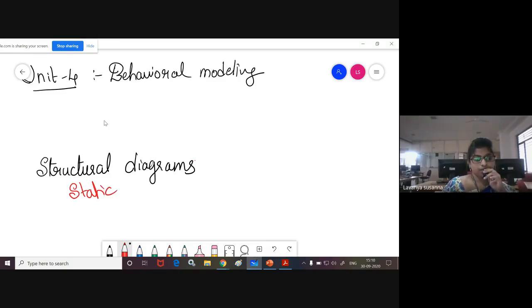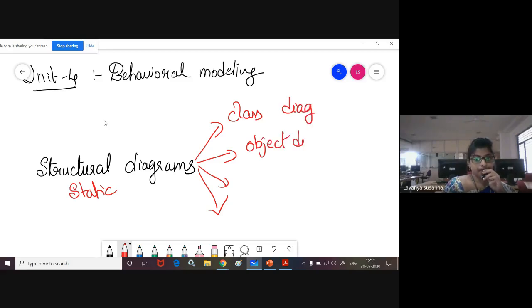Very good, Navya. Only class, object and deployment. Yesterday I discussed, right? Class diagram, object diagram, component diagram, and deployment diagram.